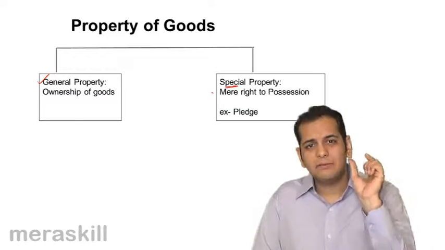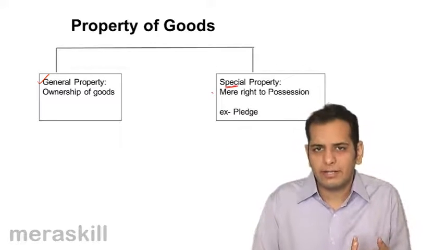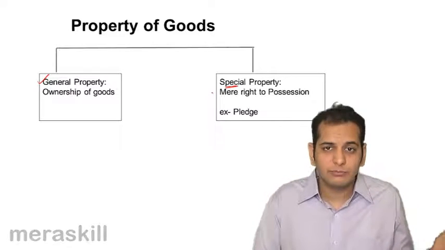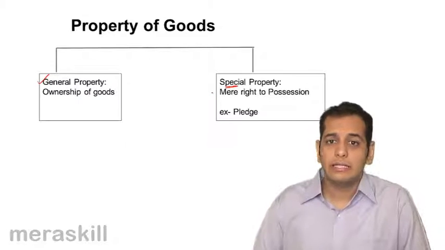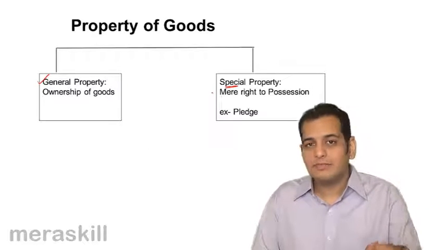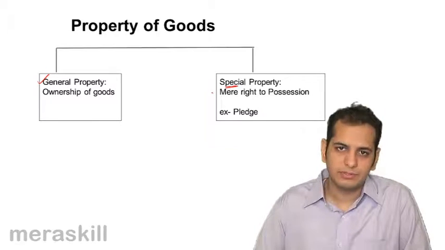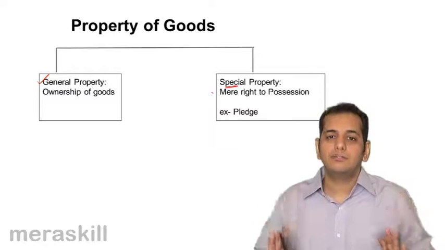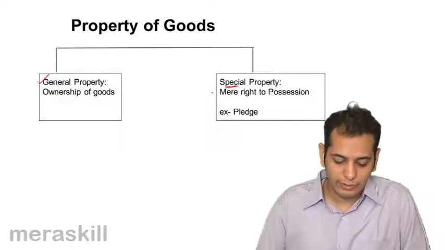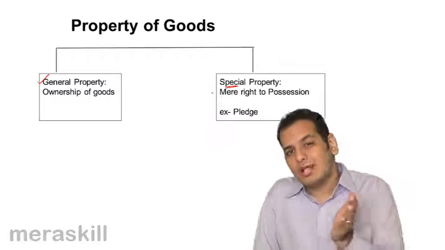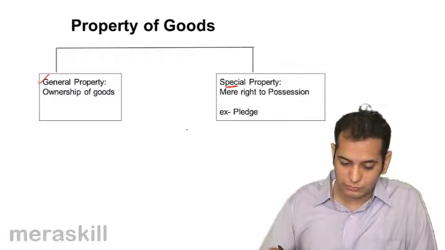Yet, for some period of time, he has the right over the goods, but that is not a complete, total right, a right of ownership over the goods. He has a special right, a right of possession of the goods, a right of lien over the goods. However, when we talk about property, we are referring to general property. General property means the complete undisputed right of ownership over the goods. Okay, so here we are talking about the transfer of ownership, the transfer of general property in the goods.